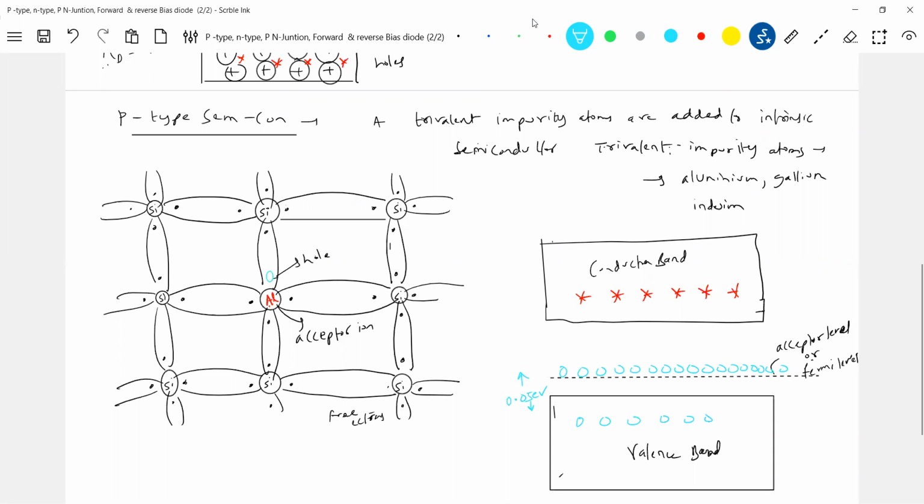Where will it come? It will come to the valence band. So for an electron, you have to supply energy. For a hole, what happens? It has to climb down. Always think about the electron, or you may get confused here. If the hole moves from higher to lower energy level, it will be available in the valence band. If the electron moves from low to higher level, it will be available in the conduction band. So these are the holes available.